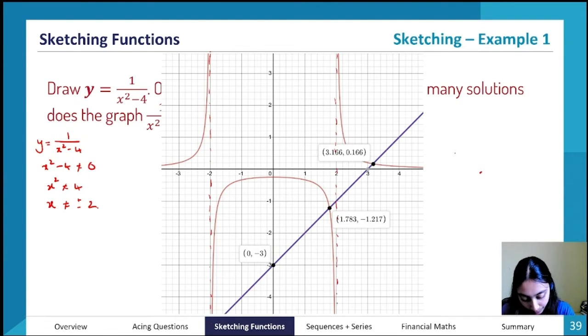Okay, next step would be to see what the behavior of the curve is as it approaches these asymptotes. So as x approaches 2 from a negative side, check it in your calculator, you'll get y approaches infinity. If it approaches negative 2 from a positive side, you're going to get y approaches negative infinity. Likewise, if x approaches positive 2 from a negative side, y approaches negative infinity, and x approaches positive 2 from a positive side, y approaches positive infinity. Now, that all sounded like gibberish, so I apologize.